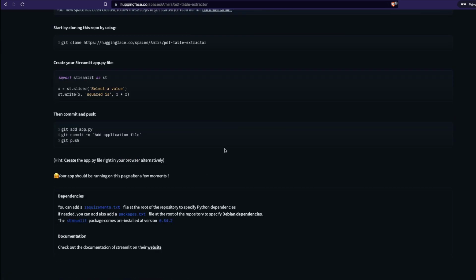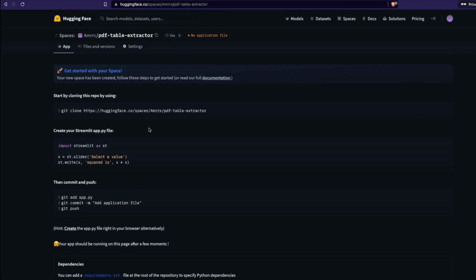After that, this is the screen that you would get. You have multiple ways to send code to this. First, connect your local repository with this remote repository and then directly push it using Git. Second option, you can connect this code with a different GitHub repository and then sync them both.